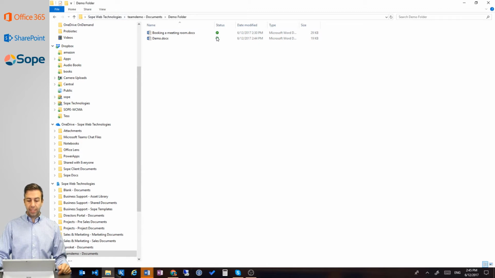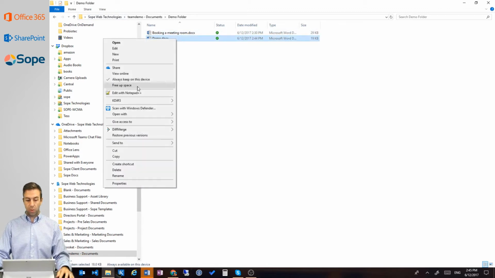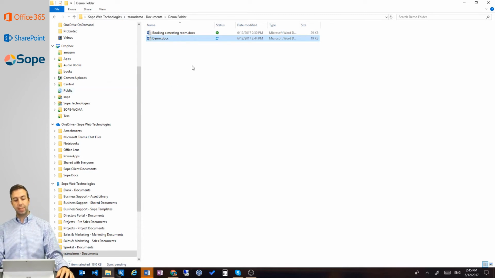Okay, and you can see they're all ticks there. If I don't want that particular file on my machine, if it was a large file or whatever, then I can click on free up space, and that will change back to a cloud. So really simple, quite intuitive, and fantastic. So the other thing that I wanted to point out was I've given you a demonstration there on how